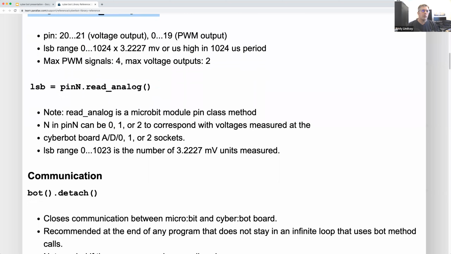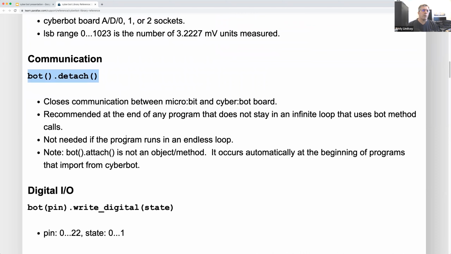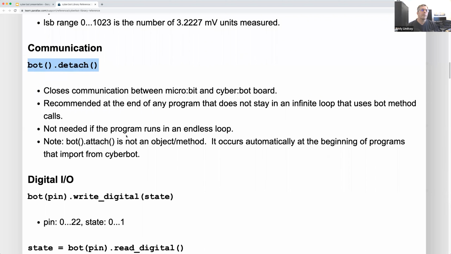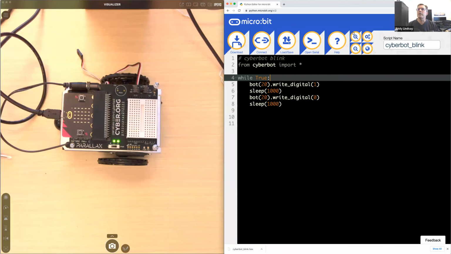You can read analog, which is basically measure a voltage with that. And you can add detach to the end of your script, so that if it isn't an infinite loop script, you can actually turn power off and back on, and it'll restart the script without you having to reach around to the reset button. So then there's digital IO, where you can write a state, write digital, that's turning a light on or turning a light off. And so that brings us to this one right here,